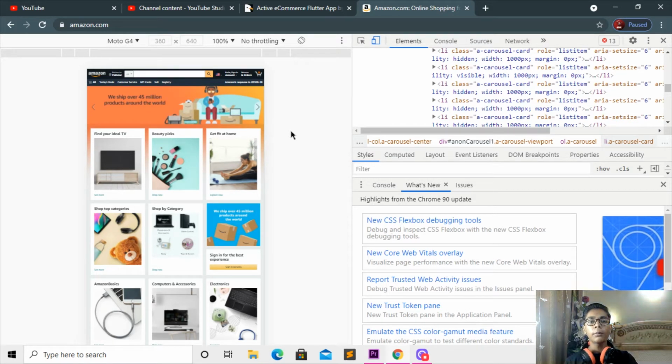Today I will show you how to build an e-commerce app in React.js, and I hope you will enjoy this project like I enjoyed my previous projects of React.js clones and many other things which I have made. So now we will be starting with our e-commerce app.